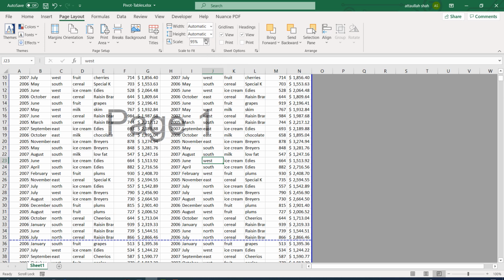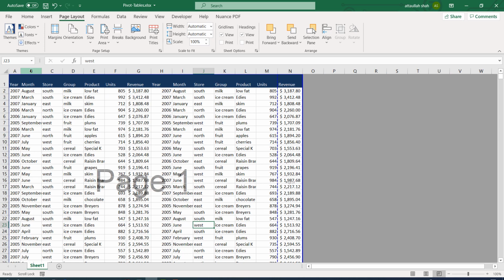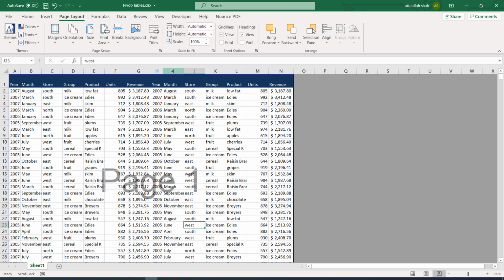So if I move it again to 100, now you see the last column goes out of the range again, and it will not be printed. You can also reduce the column size. For example, we don't need that much space for the year column. So if I select it and double click it, now it has reduced, but still column N is not included. We can also modify some other columns, and you see when I modified it, now column N is included. So without scaling, now column N is included.